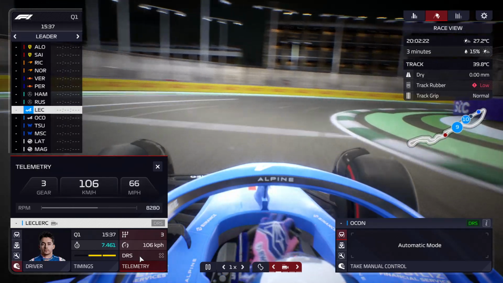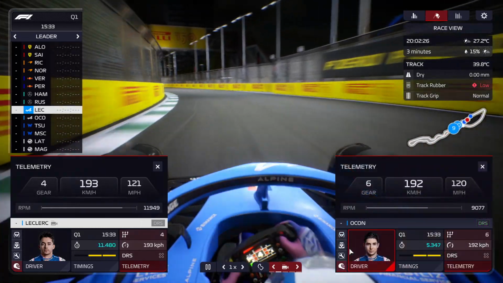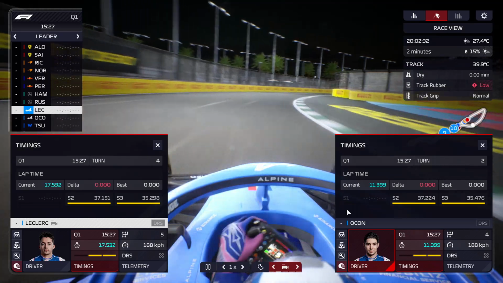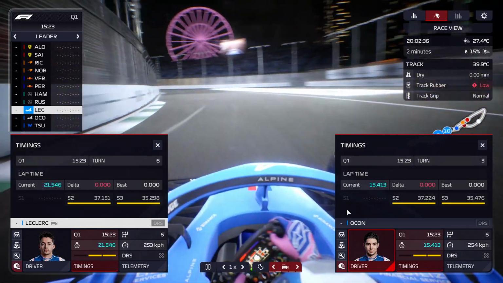You do have the telemetry. If you want to see it, you can compare both your drivers, but you have to remember that they're not on the same place of the track at the same time. What I usually do is I just put both timings. I feel like the game is a bit too